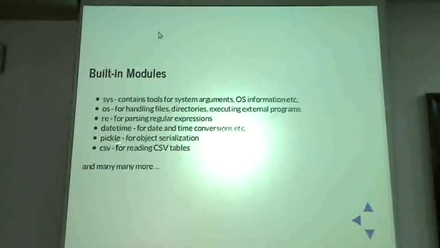Then there is a library called pickle, which does what is called object serialization. When an object is stored in memory, it need not be a continuous collection of bytes. But when you are storing it on a hard drive or you are transferring it across a network, you need to transfer it as a sequence of bytes. So there are utilities in pickle which allow you to do that. So if you want to store an entire list as a file, pickle is where you would go to.